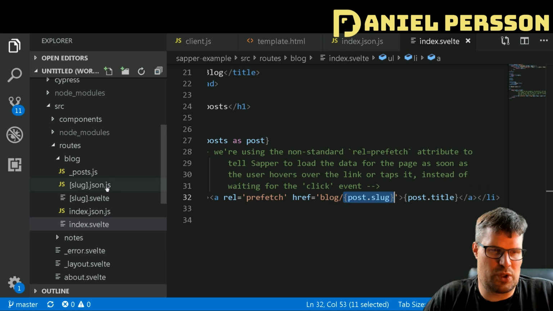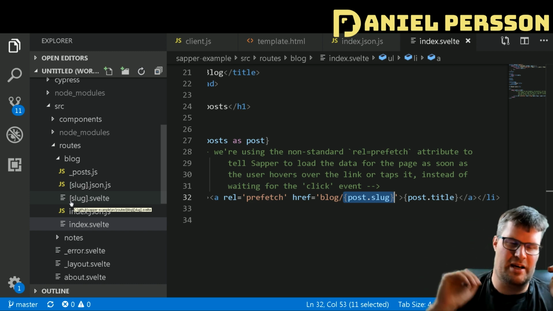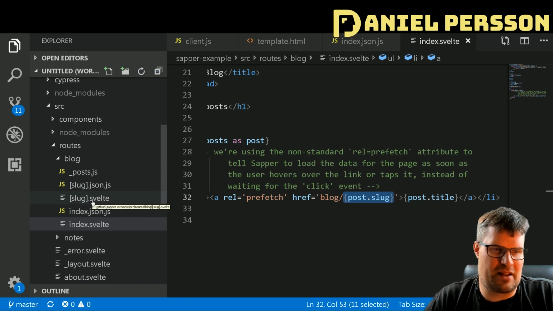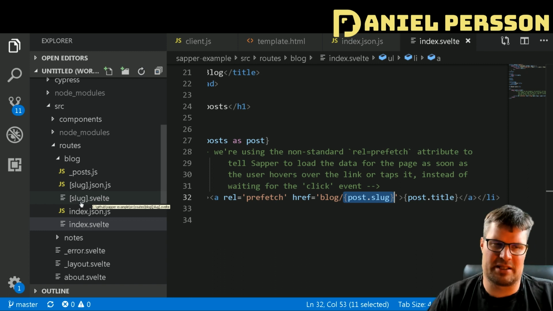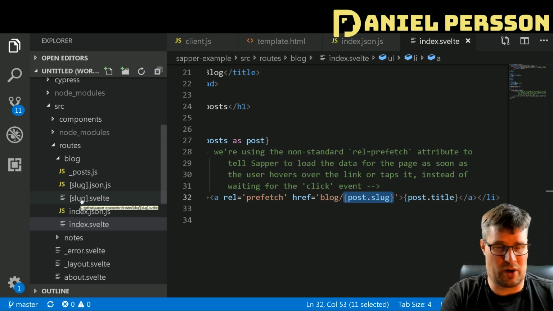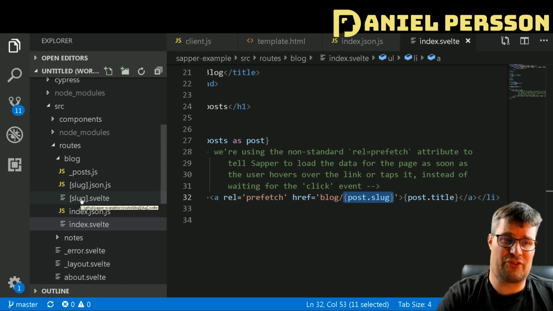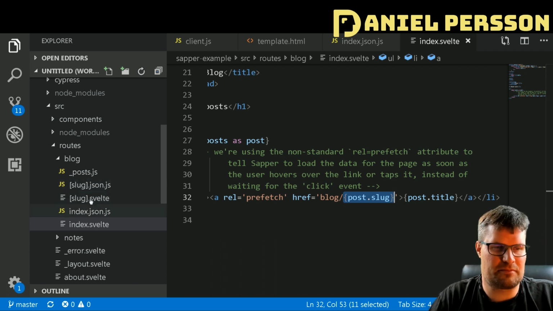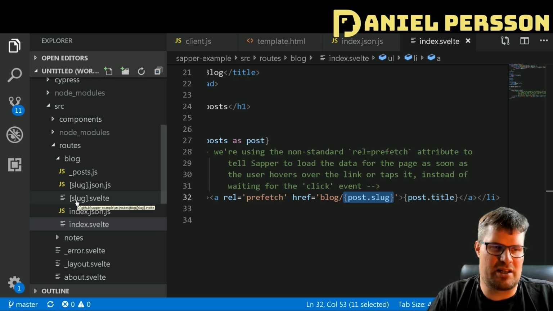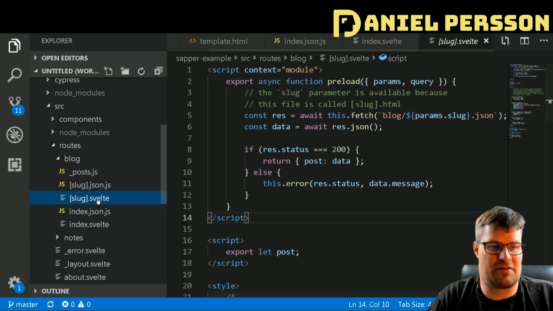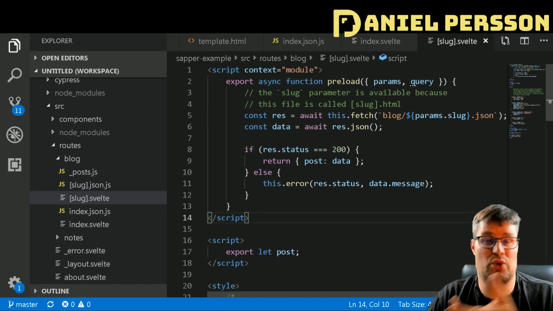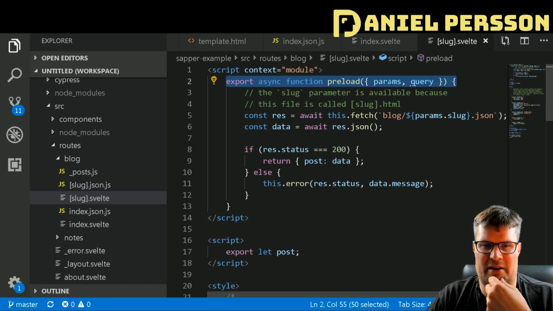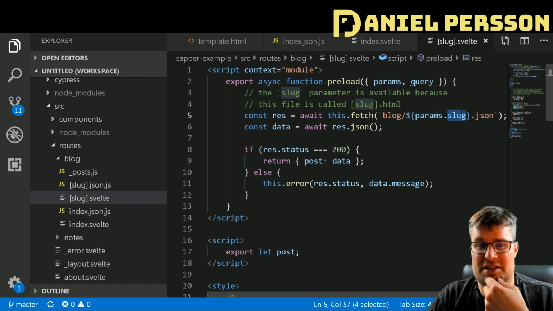And we have two very strangely named files up here. One called [slug] in square brackets, and then .svelte. And this slug here will become a variable because it's named with these brackets around it. And that means that if you call this page, or if you're looking for something that you want to show, and if there is something called slug, or if it has some brackets here, we can use that as a variable input to this Svelte file. So let's just think that the parameter slug will be an input parameter to this page, and this preload function we have up here takes parameters, and on this parameters object we will have this slug that we can use